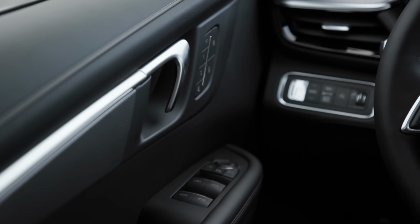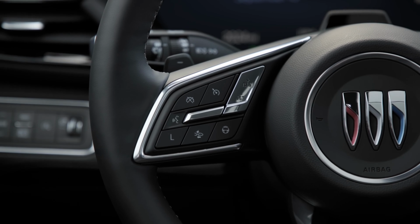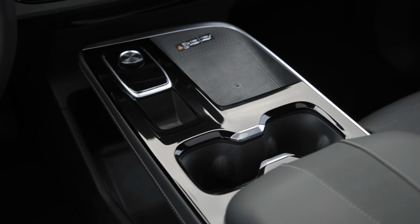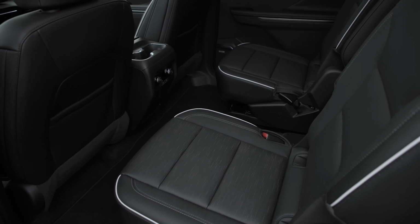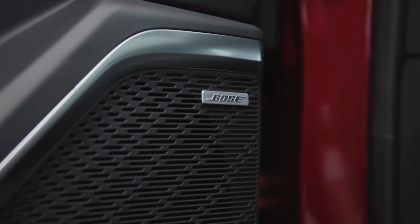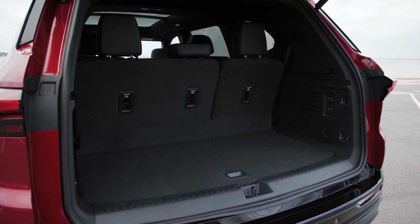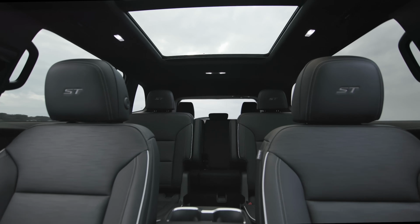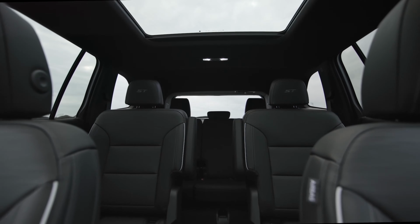A lot of people say things like, oh, a 4-cylinder engine can never move these large SUVs. I feel like a lot of these people are not looking at the power output. This new engine produces more power and torque than the previous V6. The only thing is, V6 engines, they sound a bit better and they're supposed to be a bit smoother, but nowadays most turbo 4-cylinder engines are very smooth as well, and this is going to be mated to an 8-speed